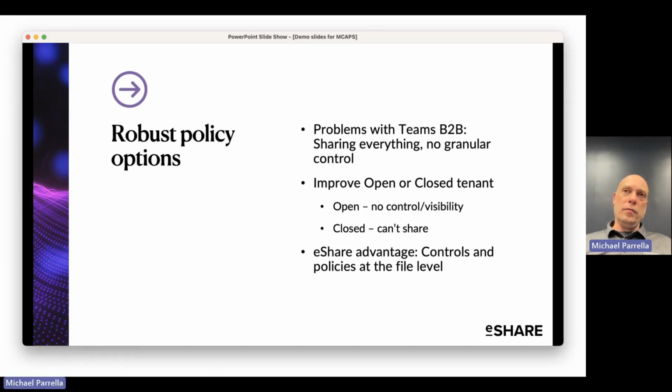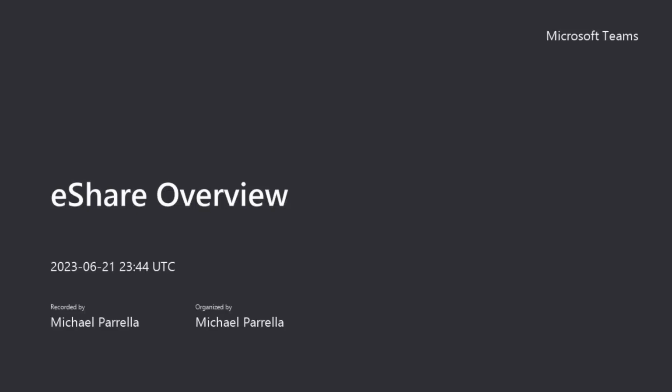In a wide open tenant environment, you have full shareability, but you have no real control or visibility, leading to a lack of governance and a lack of ability to be compliant in many situations. With a closed tenant, which many customers use to overcome that challenge, it really becomes difficult to share externally, and certainly difficult to share in an ad hoc transient environment when you need to do business dynamically and compete in a modern world. Another huge advantage of using eShare is our analytics and visibility.